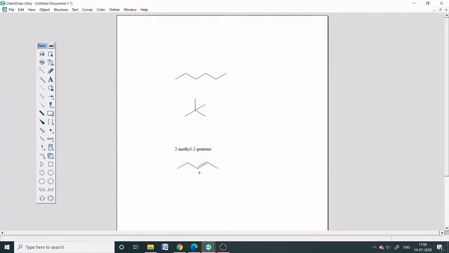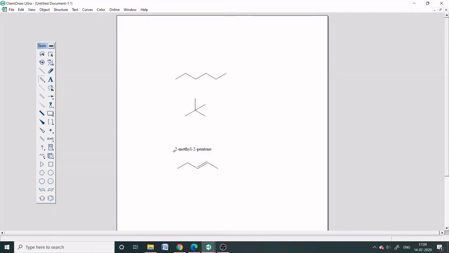So this can also be done in another way. So I'll just press Ctrl Z. Now once again we got a pentane structure. So how to make this bond a double bond? For that we are going to use the multiple bonds. We are going to select the double bond from the multiple bond. So now you bring your cursor on the bond. While keeping it on the bond, we get the blue color. So that indicates that we are selecting that particular bond. So just click on this bond, and now the single bond is converted into a double bond.